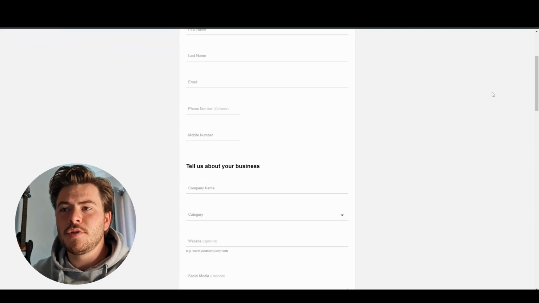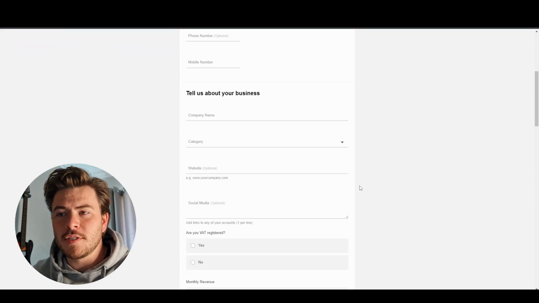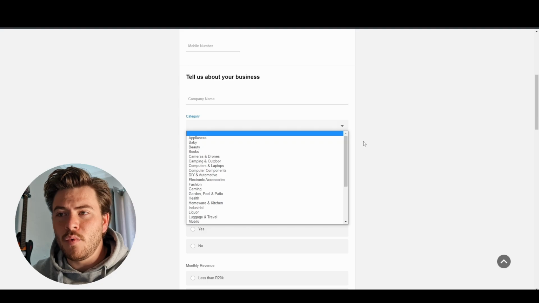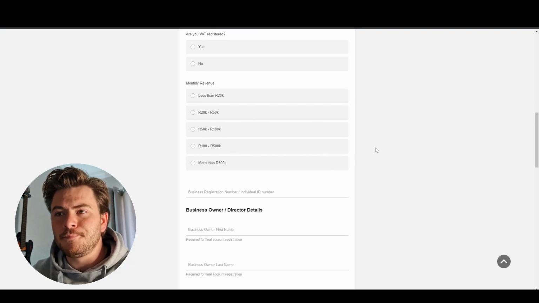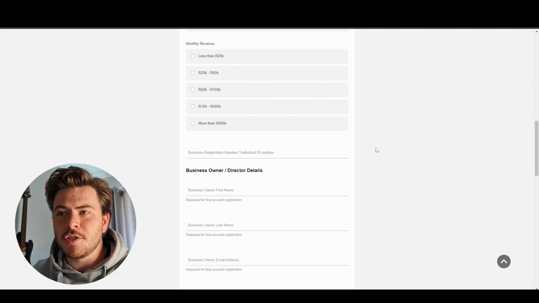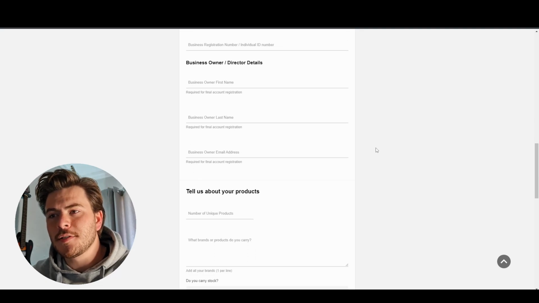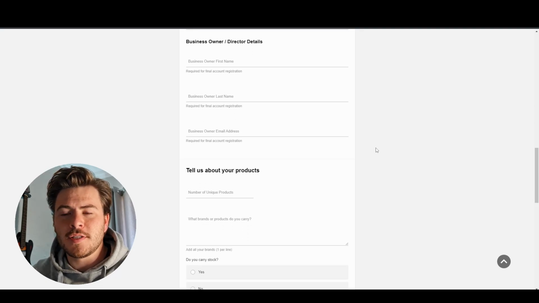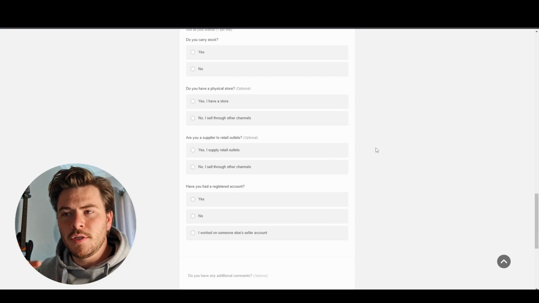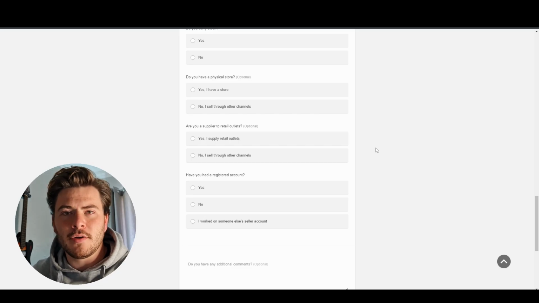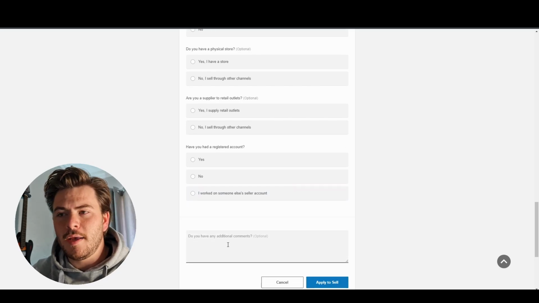Now, simply what you're going to do is click on register, and you're going to go through this entire form. We've already done this, so I don't want to go through it again. I'm just going to show you what you need to fill in and how to do it. You're obviously going to fill in every piece of information here, because once you fill all of this in, it ends up going to Takealot's review system, and someone in their review department will look at the sellers that are trying to register accounts, and they will